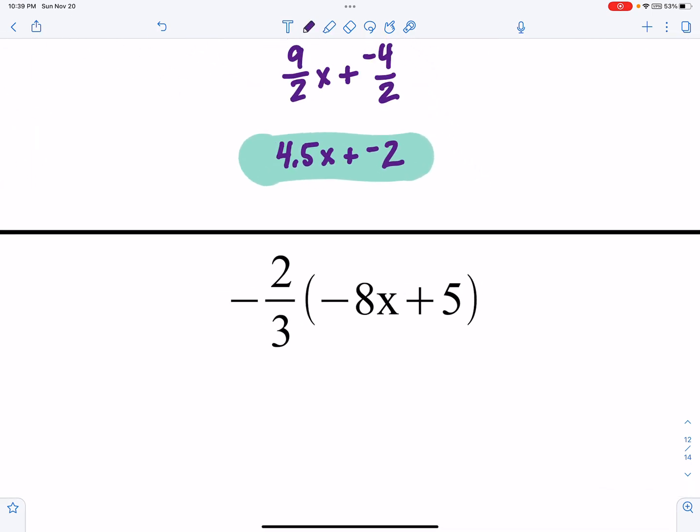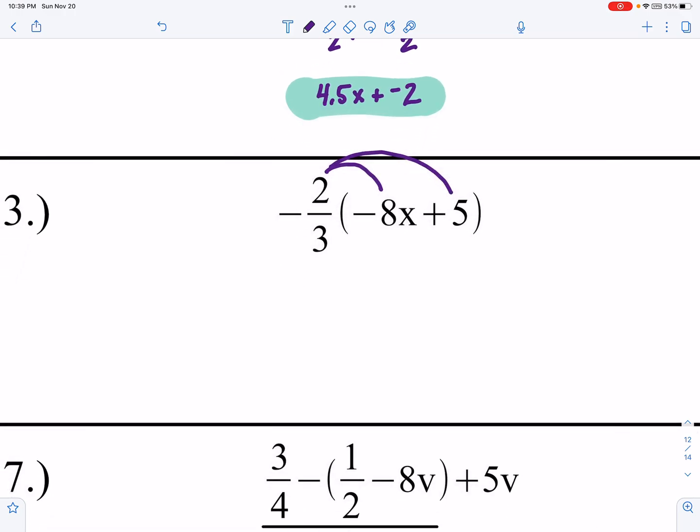It gets a little bit more complicated with the negatives, but let's go ahead and take a look at this. We're going to distribute the negative 2/3 to both those terms since we can't combine them. And so I'm going to do a little bit of work on the side over here. So I have a negative 2/3 times negative 8 over 1x, and we end up with a positive 16/3, and that is x,